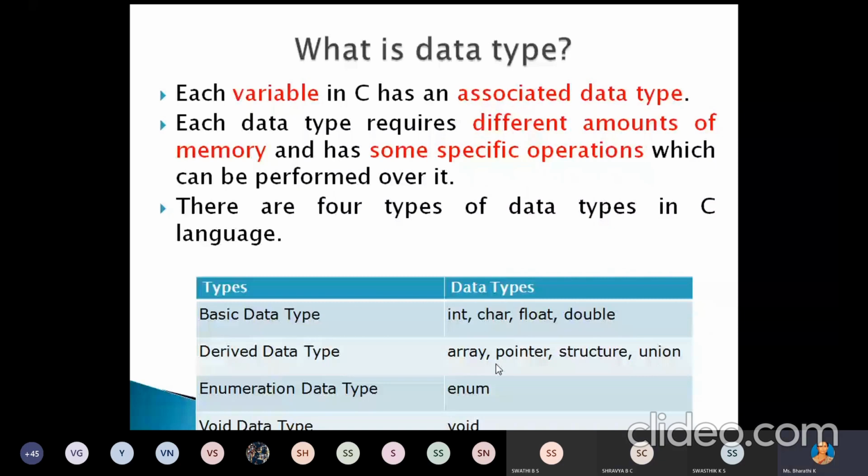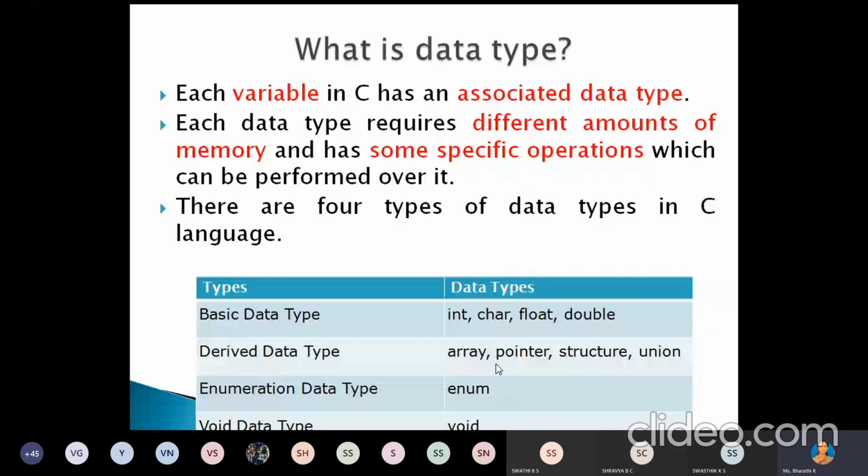For that memory location, we have to give some name, which we call the variable. Now that variable in C has an associated data type. What type of data are we storing in that particular memory location? That type of data we name as the data type.